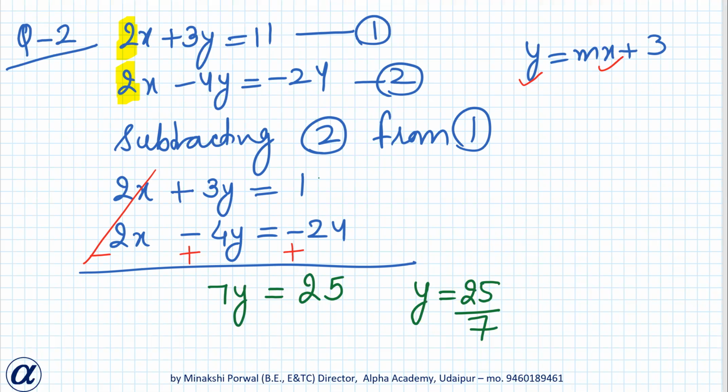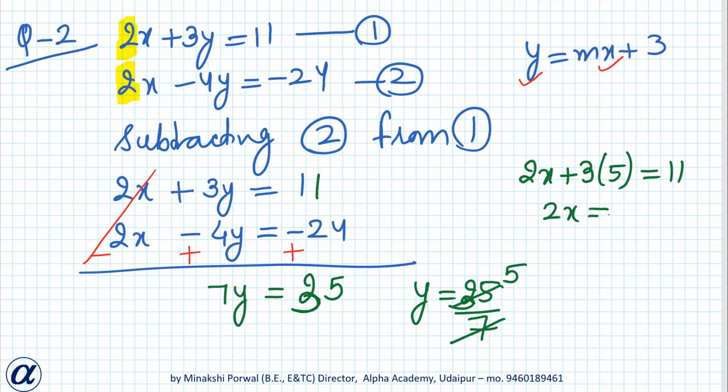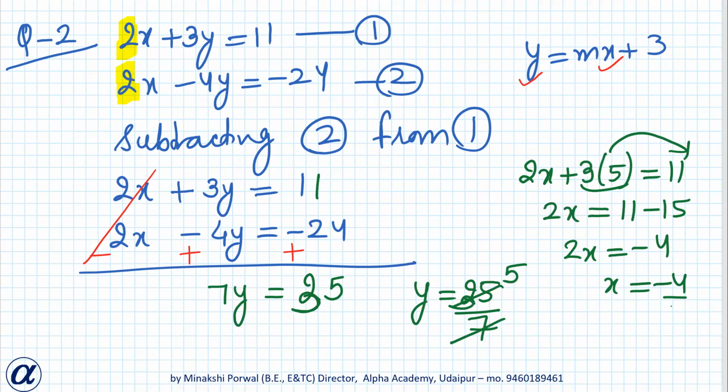This was 11, sorry. So ये 35 हो जाएगा. Okay, this will be 35 upon 7. So 7 5s are 35. So y is 5. Substituting it in equation 1. So 2x plus 3 into 5 equals 11. 2x equals 11 minus 15. क्योंकि ये 15 है तो ये इधर जाएगा तो ये 11 minus 15. 2x equals minus 4. x equals minus 4 by 2, that is equal to minus 2. So x is minus 2 and y is 5.